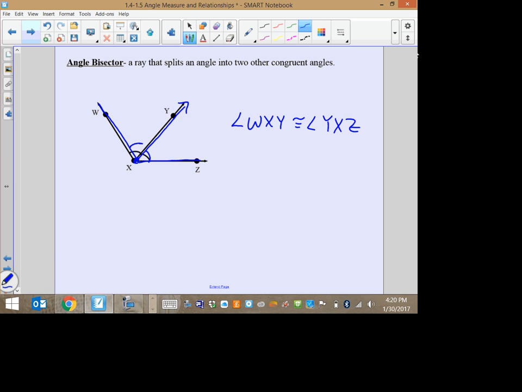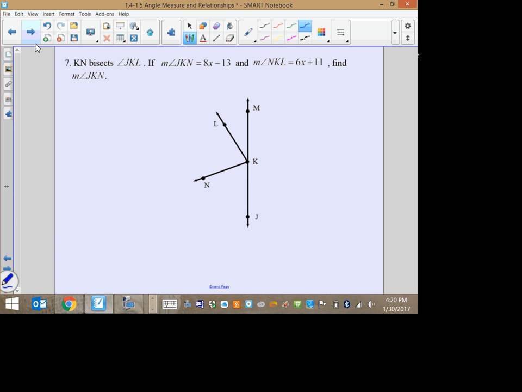So note the two angles are the same. So if ray KN bisects angle JKL, so we have JKL and ray KN bisects that angle. So if the measure of angle JKN, that's this one right here, measures 8x minus 13,